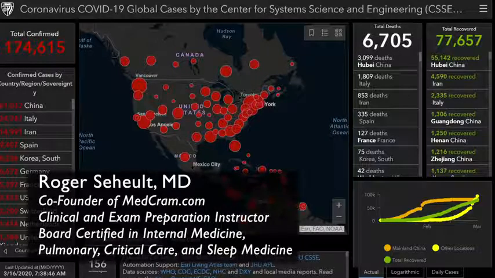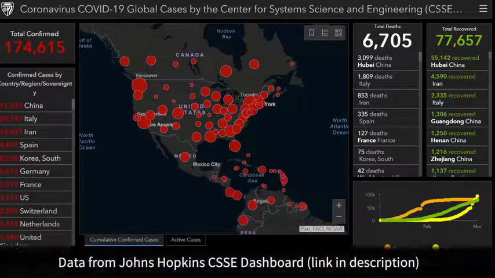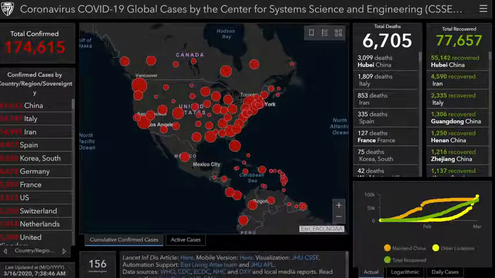You can see the numbers here. They are starting to exceed that of mainland China when we look globally. What I wanted to get to today is something that a lot of you have commented on, and that is the receptor for the SARS-CoV-2 virus that causes COVID-19, and that is the ACE-2 receptor. The ACE-2 receptor is how the virus gets into the cell. It's the doorway, and it's more than just a doorway. And today we're going to be talking about exactly what the ACE-2 receptor is and what it's involved in and